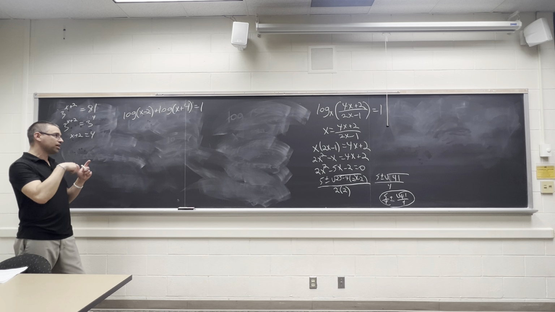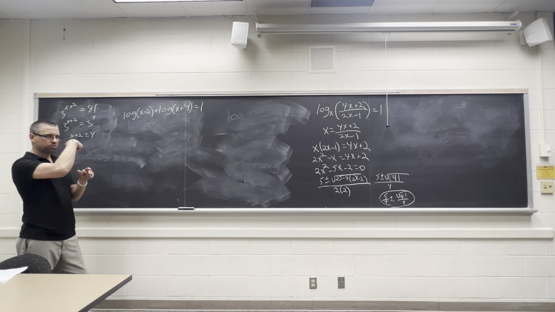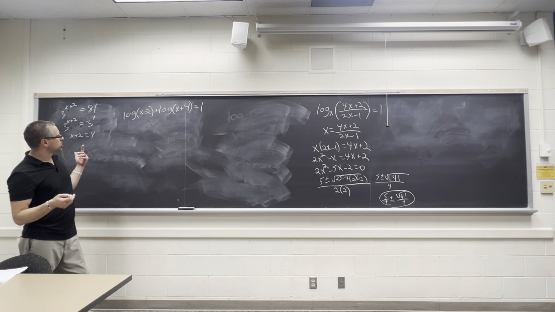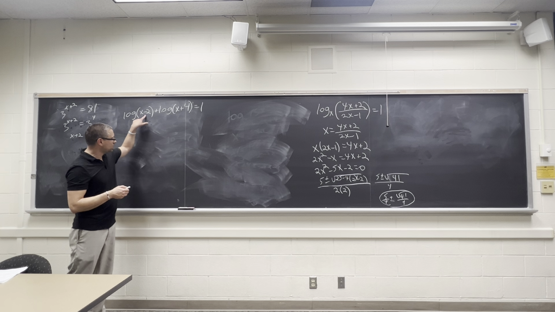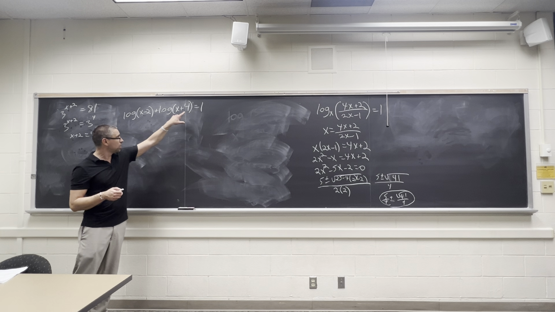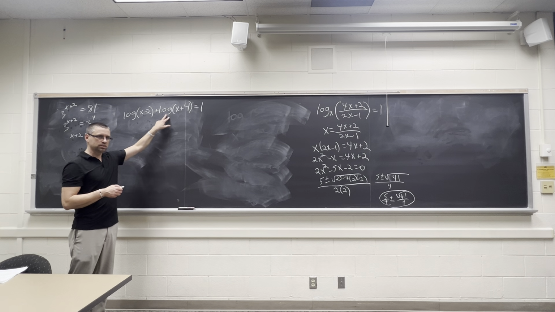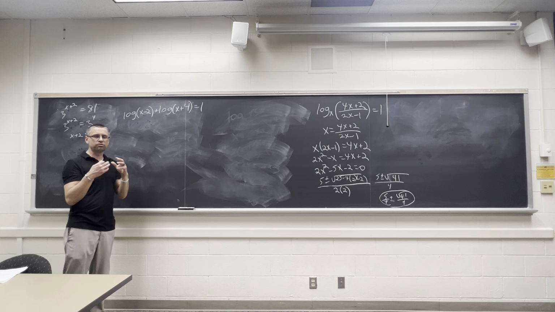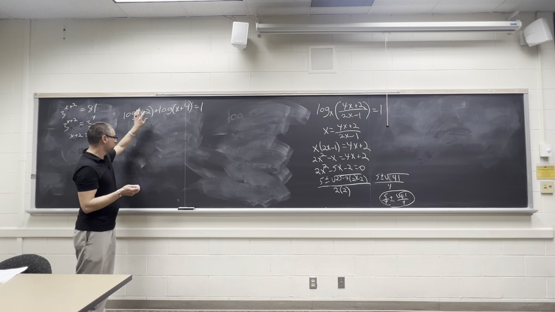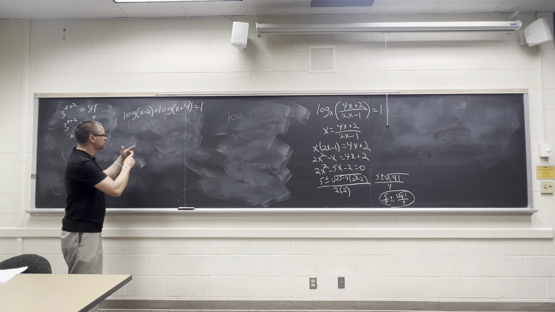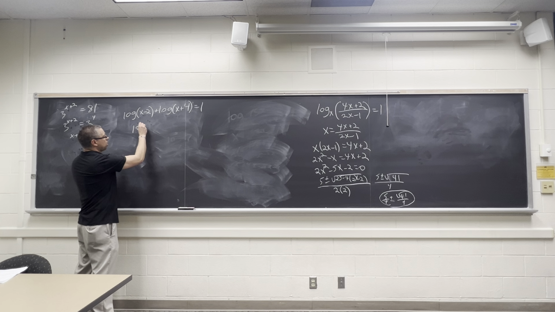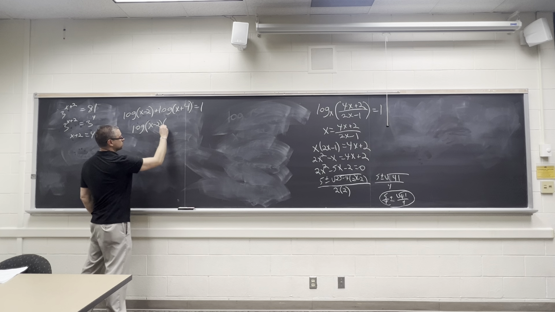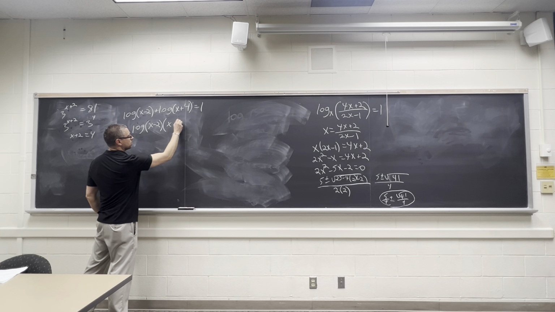And if you have log of something to a power, the exponent can jump down as a coefficient. Looking at this, you have log base 10 of something plus log base 10 of something equals 1. So you have the sum of two logs, same base 10, and you can write it as a single log, the product of the two arguments, x minus 2 and x plus 4. So you write log of x minus 2 times x plus 4